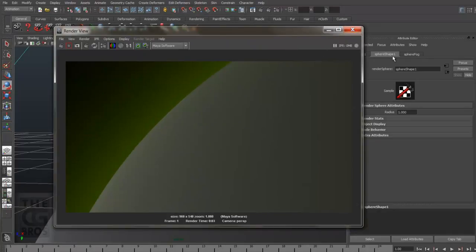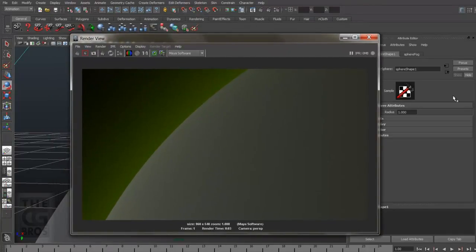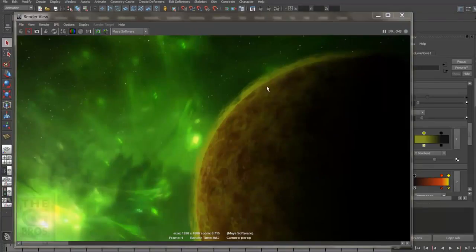Alright, let's end it here. And I invite you to view part 2, where we take this effect to the next level, where I'm going to show you how to replace the default sphere fog shader on our volume primitive with Maya's fluid shader,